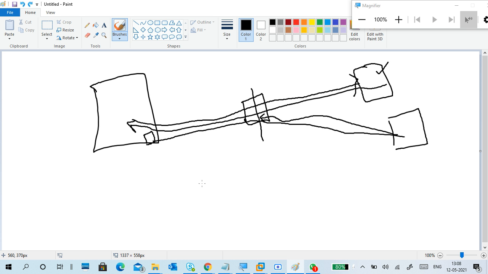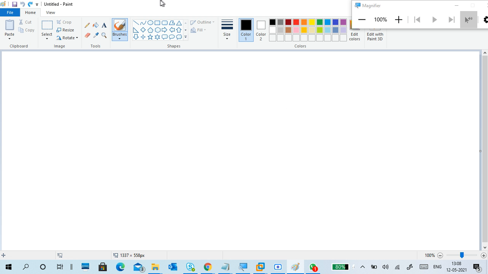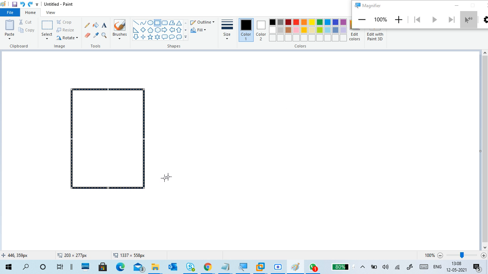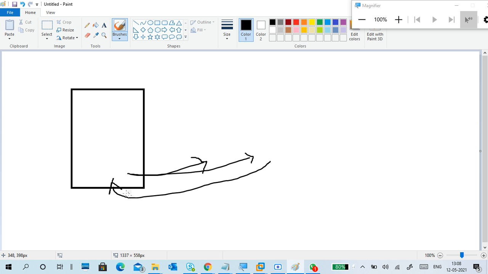Okay, let's cut it short. This is my PC. I send a request to a PC or a server or something outside, and I will get a reply from that one. So it's a two-way communication.